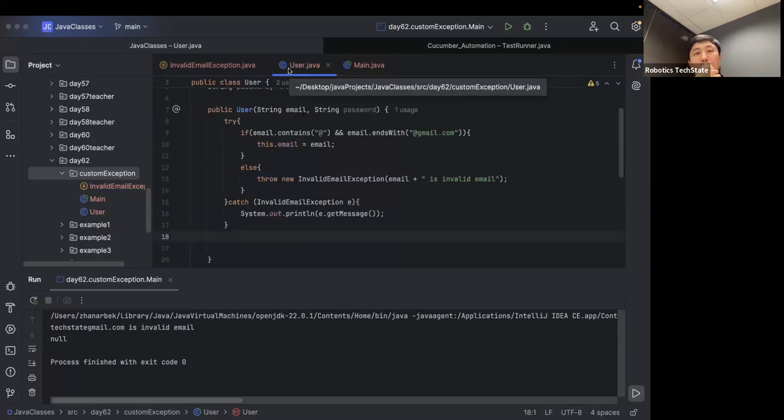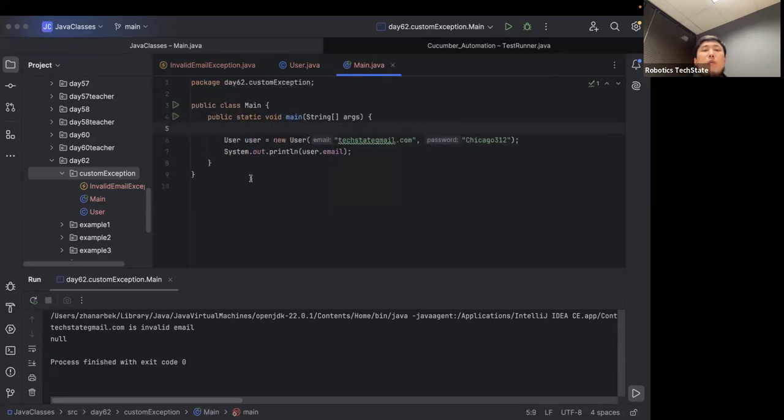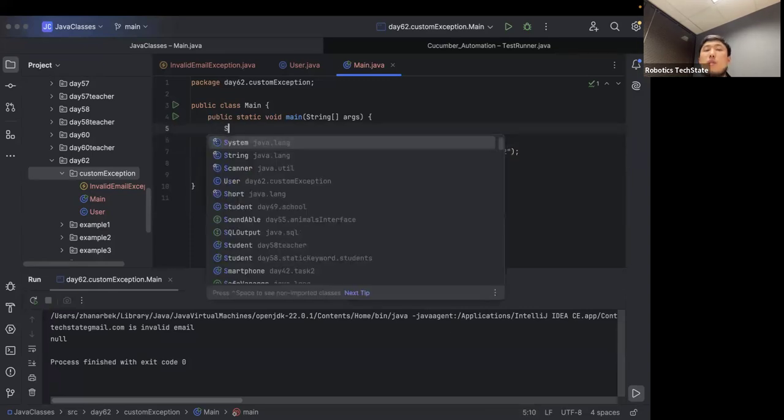So we could do this: if we need to prevent creating this object, if we need to make sure that this object, if we create it, should always have a valid email, then we need to do this